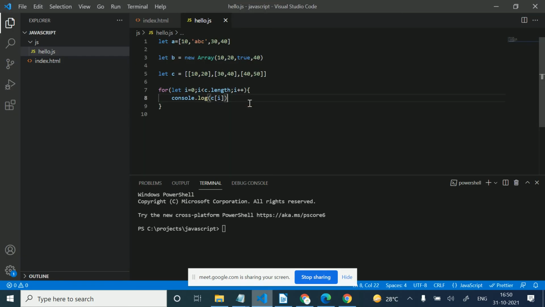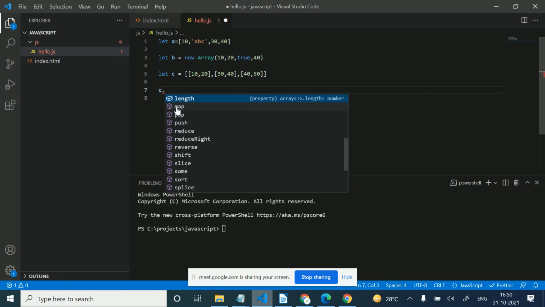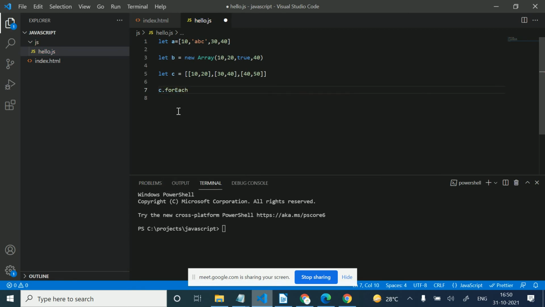Okay, there is one more way to iterate this. I'm just going to remove this and use the array, c.forEach. There is a forEach function here. In this function we will use a function in this way, and this is called an anonymous function. We will discuss anonymous functions and their use later, because this function has no name.